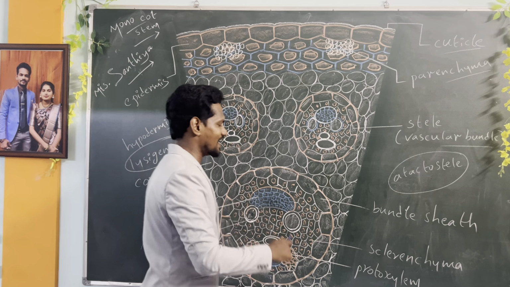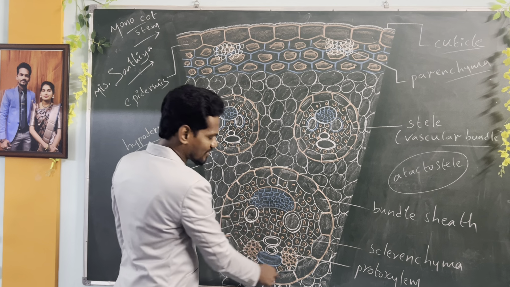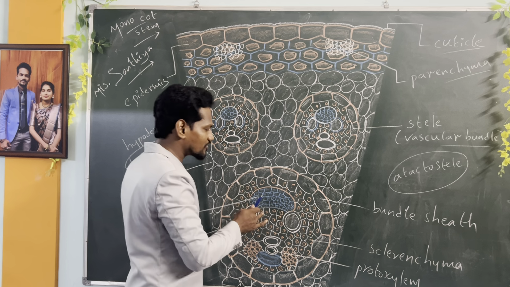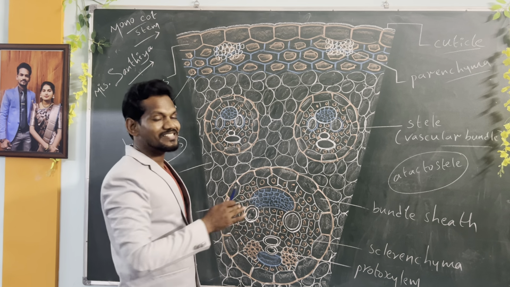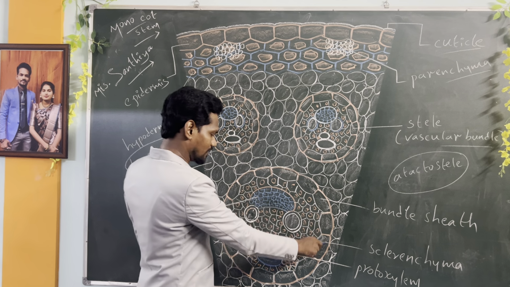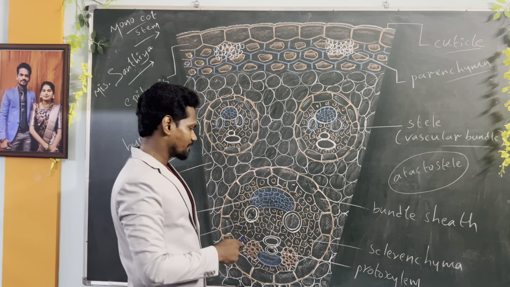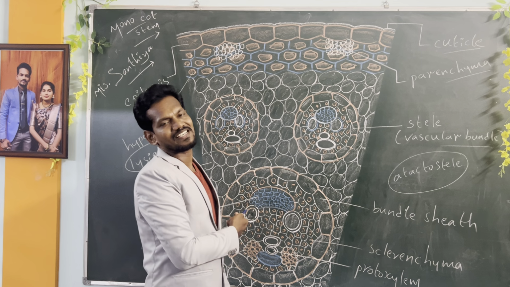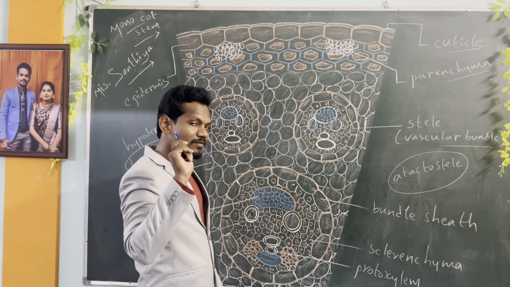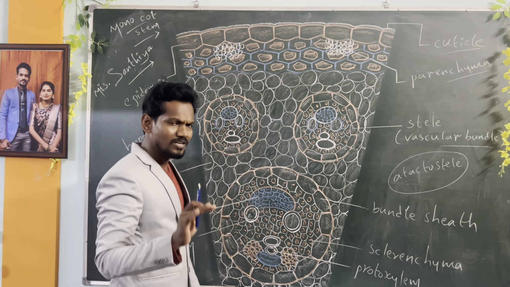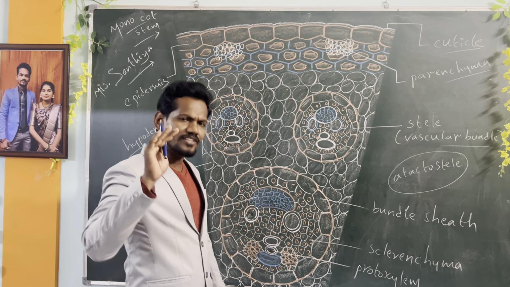sclerenchymatous tissue layer, is known as bundle sheath. So vascular bundles which are present in the monocot stem, they are surrounded by sclerenchymatous bundle sheath. Here it is not called as pericycle or endodermis. Remember, these are the main points. Okay, done. Then if we observe keenly, clearly, carefully,